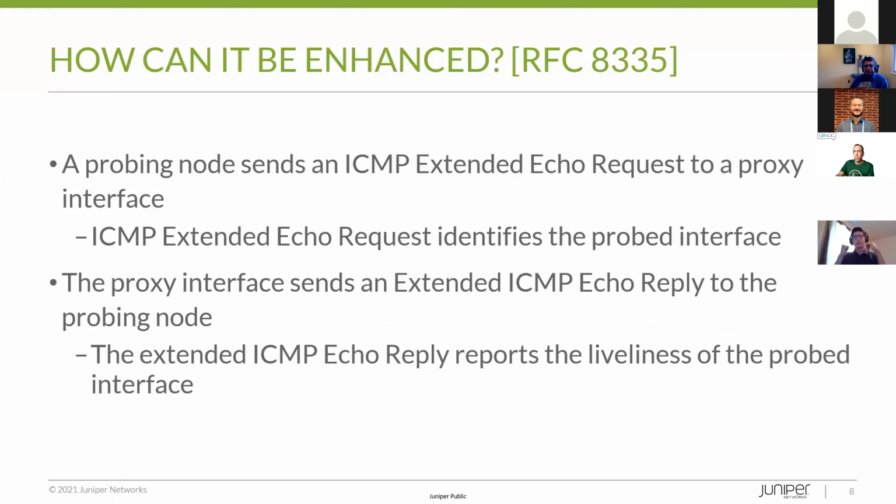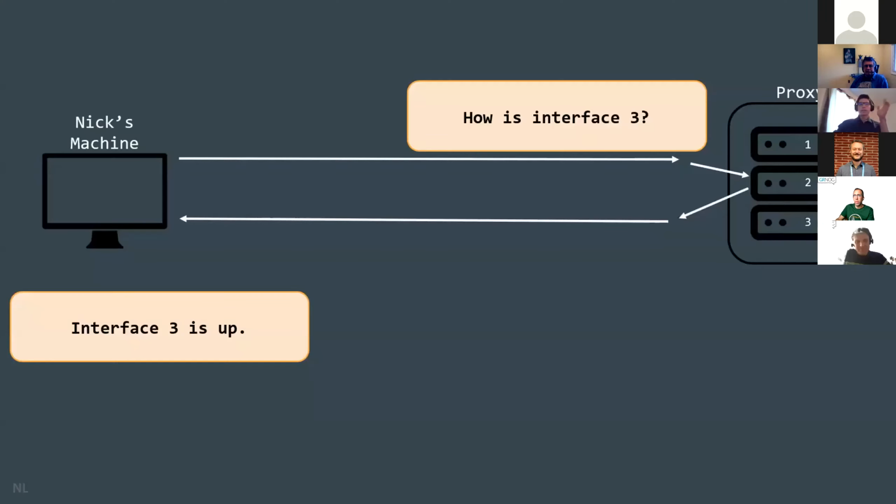And what the receiving node will do is look at that information, then query that interface and reply back to us with more information. So let's look at this as a bit of a diagram. Let's say my colleague Nick would like to figure out what is going on with interface 3 on the proxy node. But due to network conditions that we can't control, all of his ping messages are going to interface